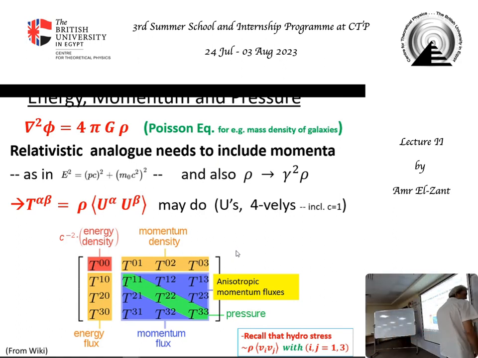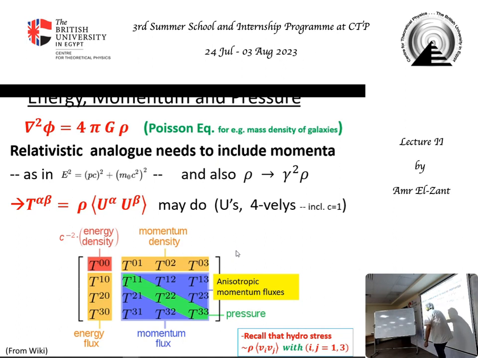There's no relativity there. Okay, in relativity, you'll have an extra component. You have 4 velocities, which you can put as 1 here, so that we have this remaining like a Poisson equation, not rho c squared. We have rho, and there will also be g mu, but I'll leave that. Okay, if we have a chance. Okay, so these are the components: energy density, the one in the Poisson equation. These are energy fluxes, or equivalent momentum density. In general relativity, at least these are equal. Okay. So this is equal to that.